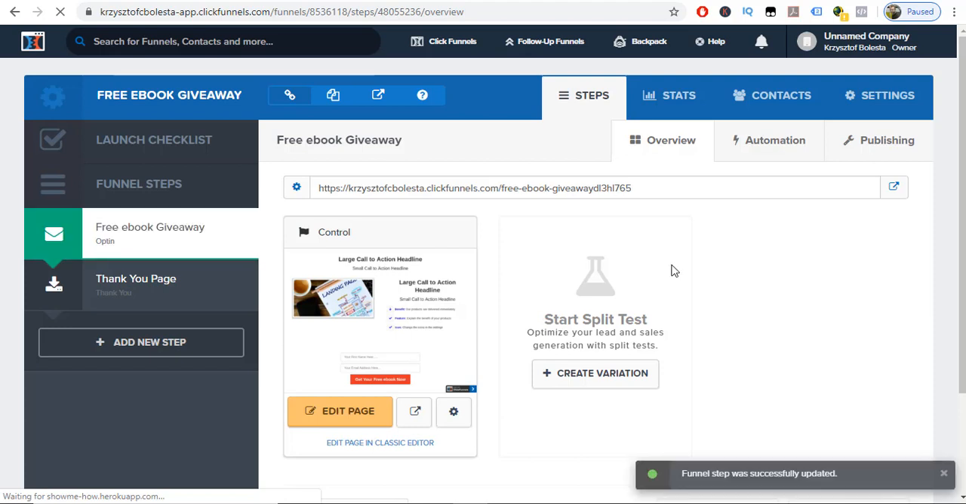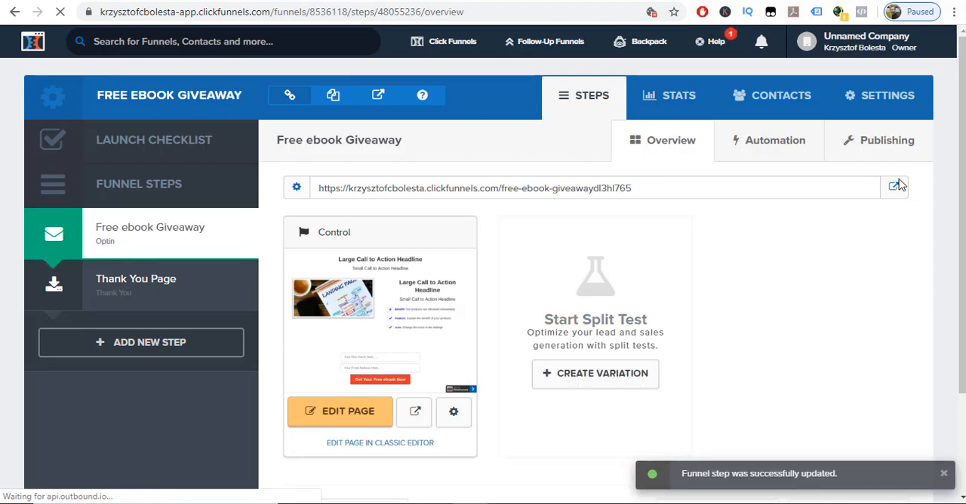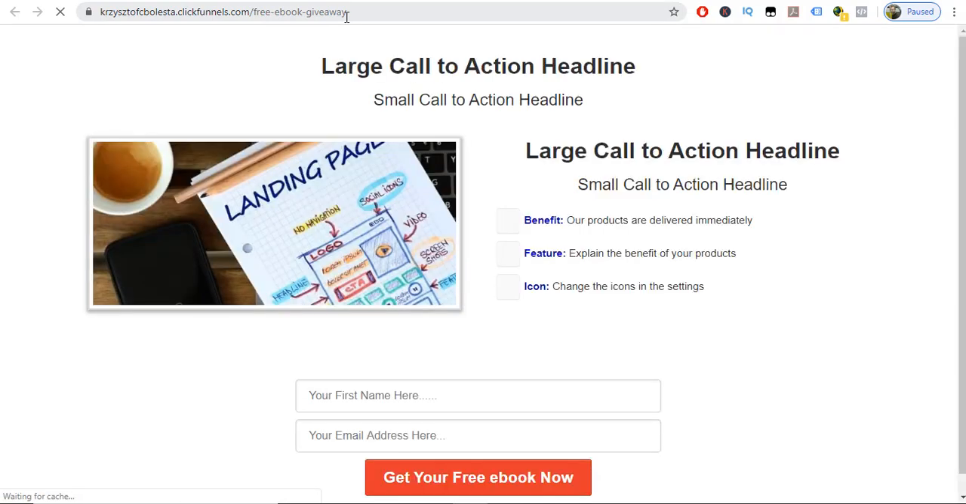And after that, our funnel is ready to go. What you can do, you can check it. You click this arrow in here, that will take you to the next page of your funnel. You see it's free ebook giveaway on the top, which works fine. Boom, it works. It's a simple page. That might take like 20, 30 minutes to set it up, but